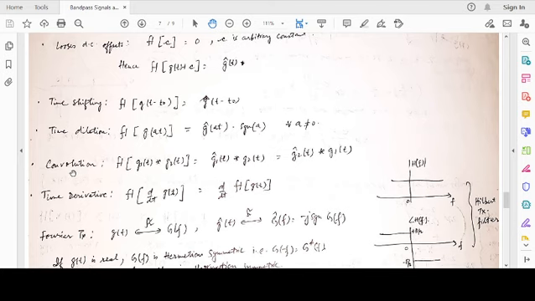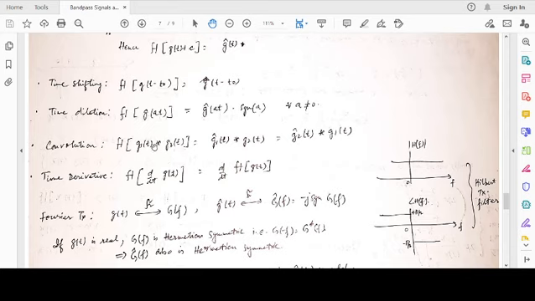Convolution. There is a very important property for g1(t) convolved with g2(t). If I want to calculate the Hilbert transform of the convolved signal, it may happen that one is an input to a filter and the other is my filter impulse response. So the output is the input convolved with the impulse response, and I want to calculate the Hilbert transform of the output. We'll see that it's nothing but the Hilbert transform, the quadrature component, of the original input signal convolved with the impulse response of the filter, or vice versa.